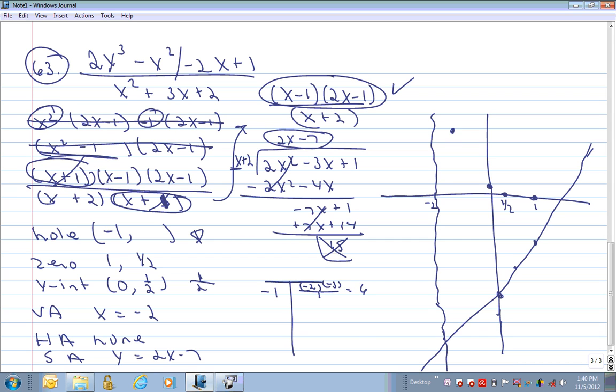So at negative 1, we're going to be way up here at positive 6. And you can tell that the graph is coming down like this. And then it's going to go up and follow this slant asymptote. So it's going to come down, go through these points, curve, and come back up toward this slant asymptote. All right, on the left side of negative 2,